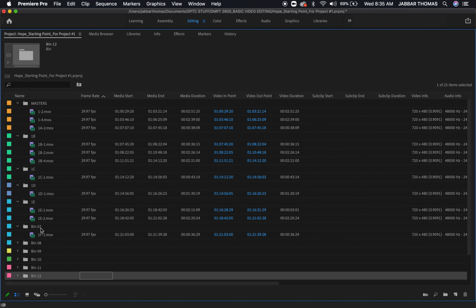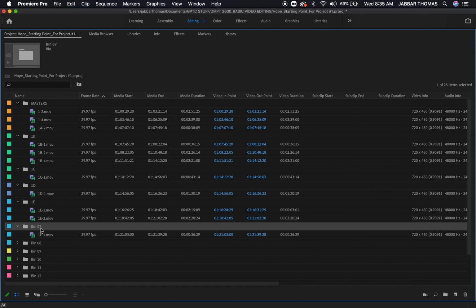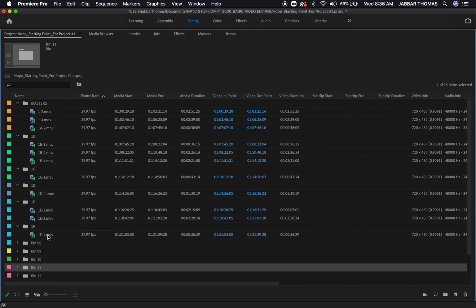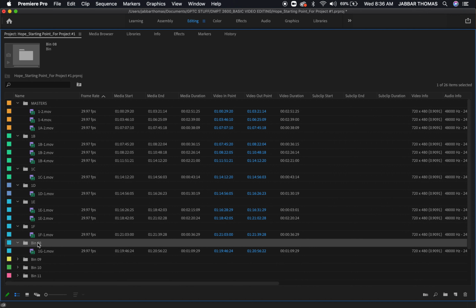So what I'm going to do to show you how I rename a bin is I just click one time on the bin to select it, and then click on the words bin 07 in this case. It'll highlight in light blue, and a white naming field will open up around it. You just give it the correct name. In this case, it's 1F, because everything inside of the bin has a 1 and an F in it. All the source clips inside of the bin have a 1 and an F in the source clip name. So I'm going to do the same thing for 1G